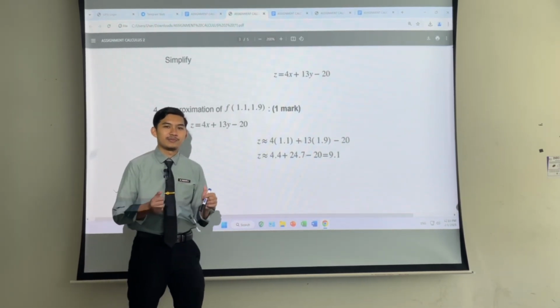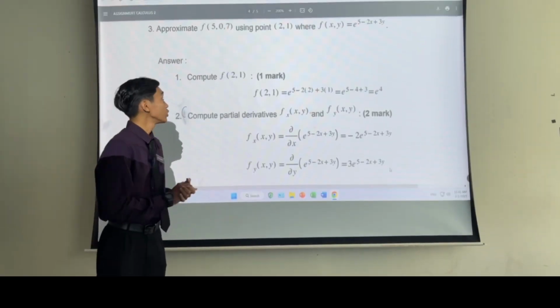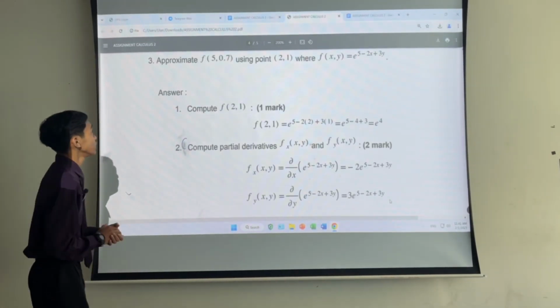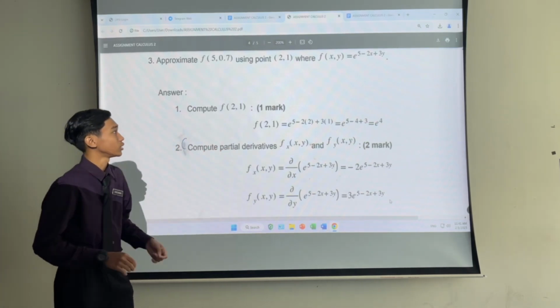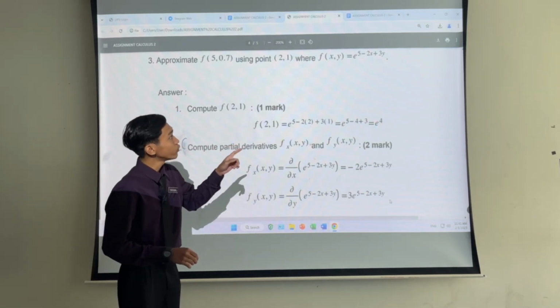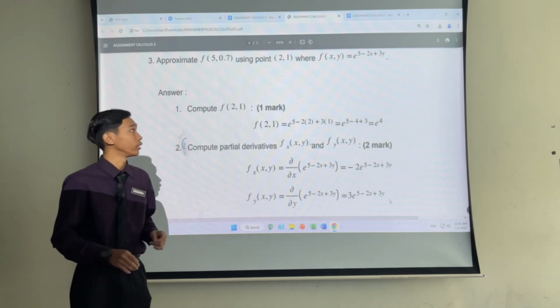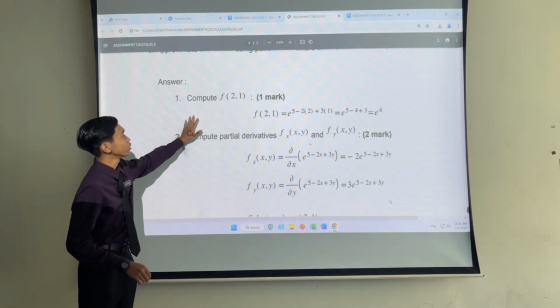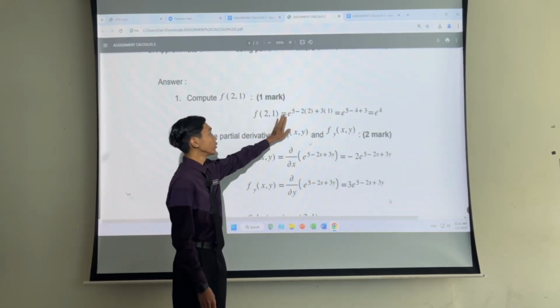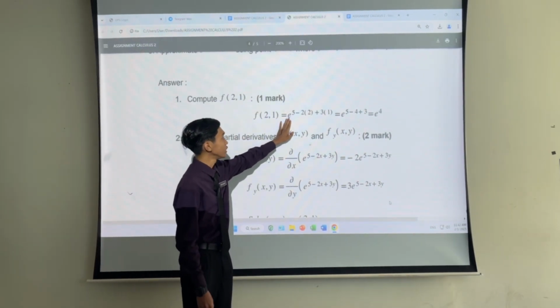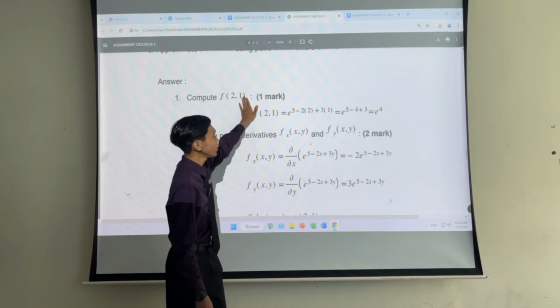So thank you. Okay, for the next question, we have to approximate the function at the point (5.0, 0.7), where the function f(x, y) is equal to e to the power of 5 minus 2x plus 3y. In this question, we first need to find f(2, 1). Using the equation that we have, we insert 2 for x and 1 for y,